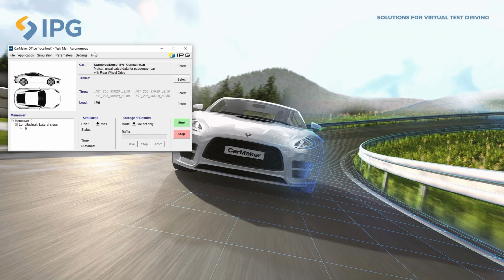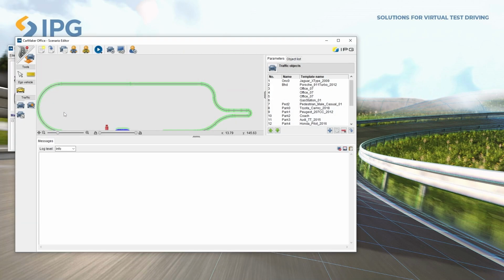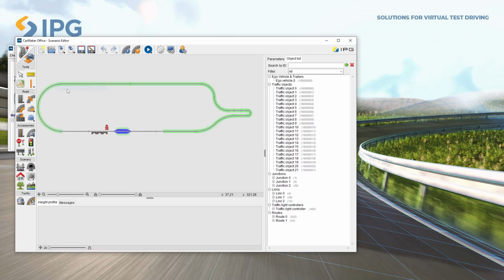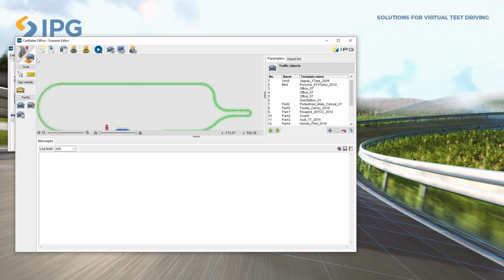You can open the traffic menu context from the CarMaker main GUI by opening it via Parameters and Traffic. Or you open the scenario editor first and then click on the dynamic scenario mode. The main menu for setting your traffic objects to your requirements is opened by clicking on the button Traffic Object, and then you see on the top right a list where you can find all already added traffic objects.